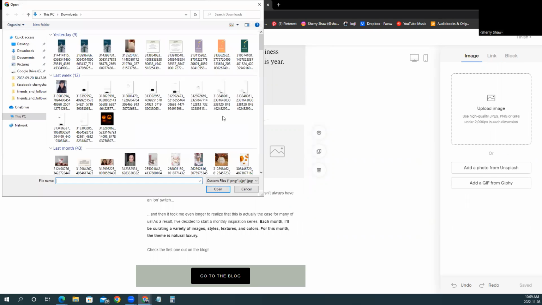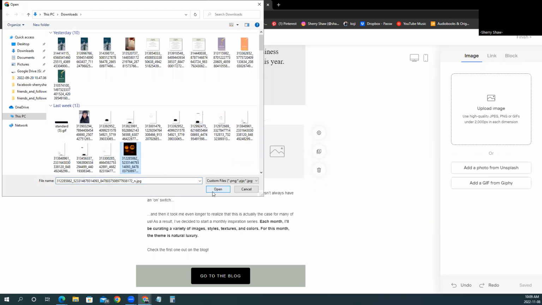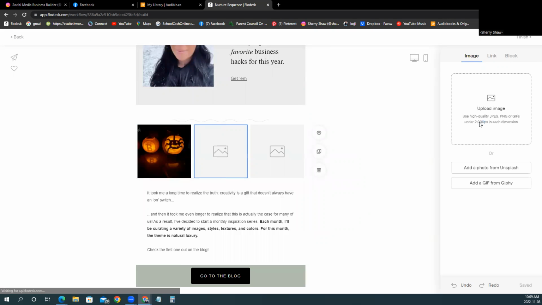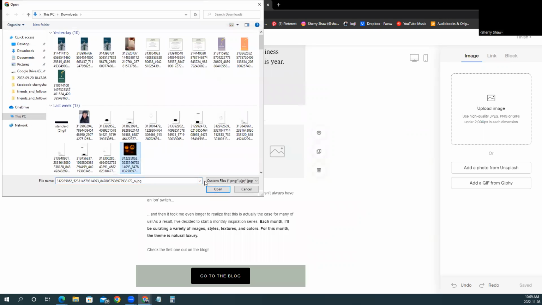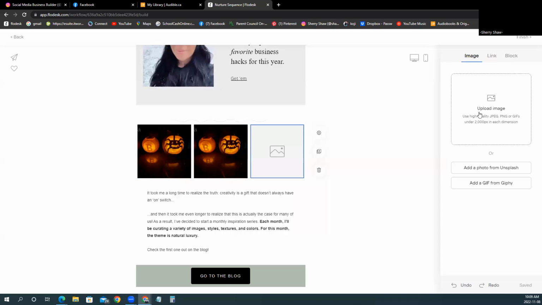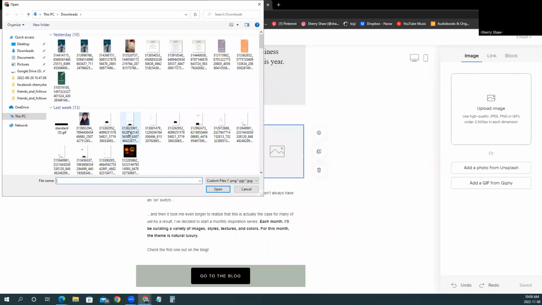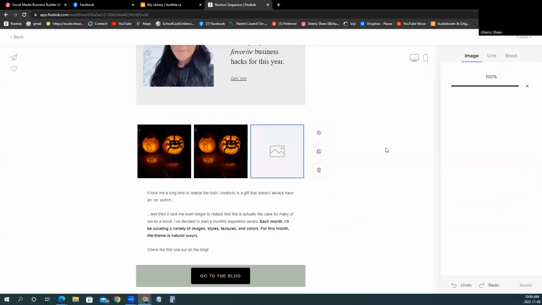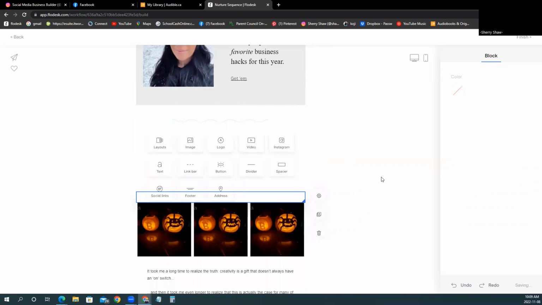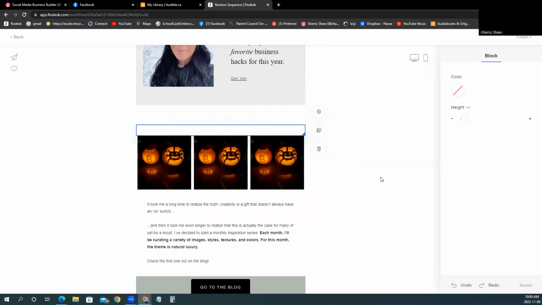So a lot of the times what I'll do, let's just pretend it's Halloween today, is I am just adding the same picture over and over and over. You don't have to do this. This is my style. This is my thing. You can always tell if I've designed something. Another thing I always do is I add a spacer. Trust me, it just looks better if you space everything out a little bit.